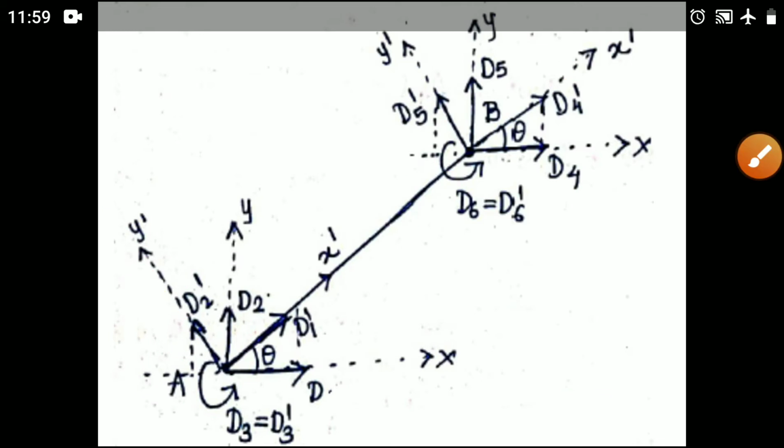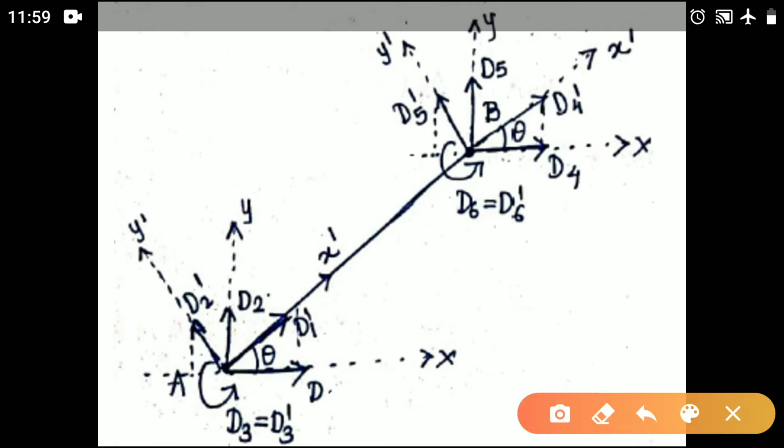Now the global axis. The global axes are common, as we usually use this system: the true horizontal x axis and the true vertical y axis. Similarly at B they are shown, x axis and y axis. This is global, xy global. So the local coordinate system and global coordinate system are clear now.